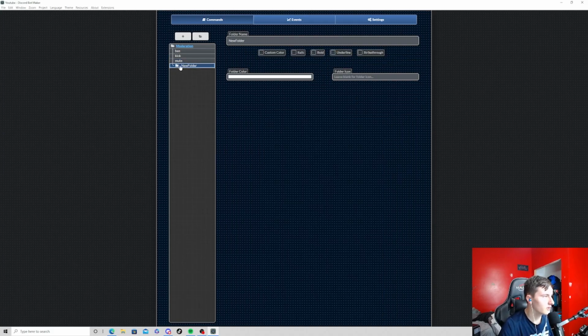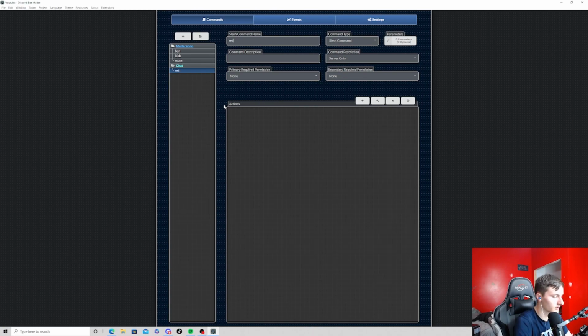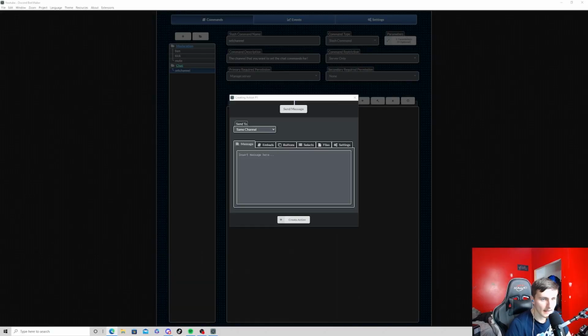So let's create a new folder. We do not want it inside. I tried making a setup command that would make it so you can only use certain commands in a channel, but what I didn't realize until later is that you can't do that in Discord Bot Maker, but you can with code. So I'm kind of screwed. I need to add mods to make this command work, but I don't feel like wasting my time. Actually, you know what? Screw it, I'm adding mods.